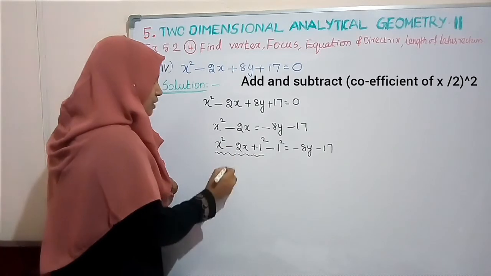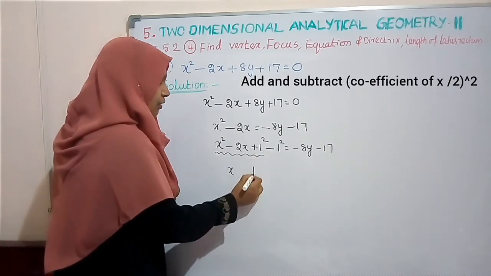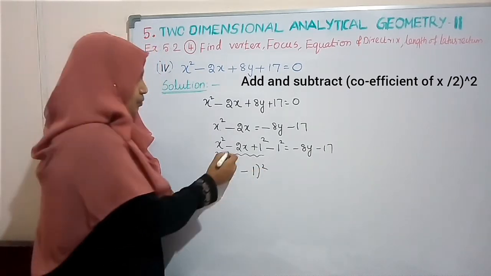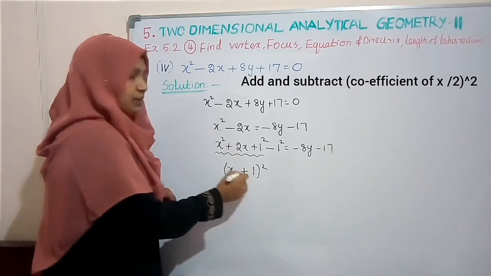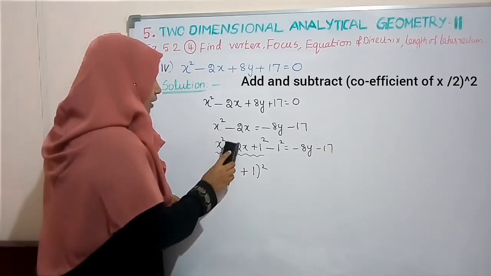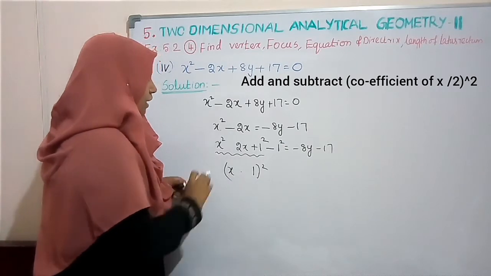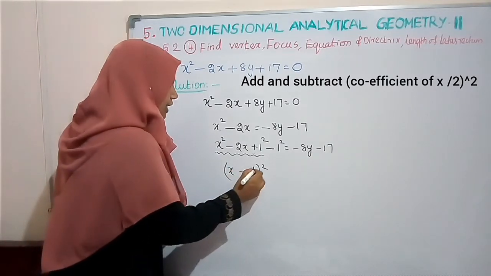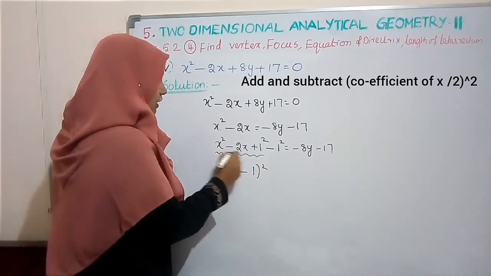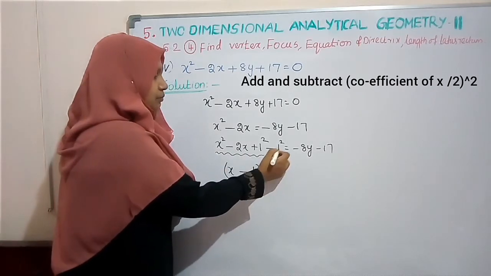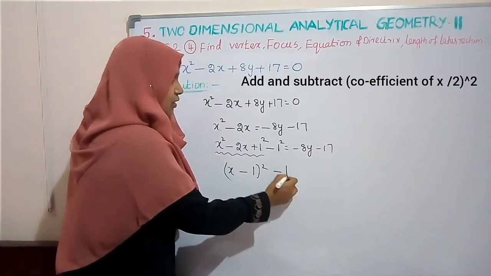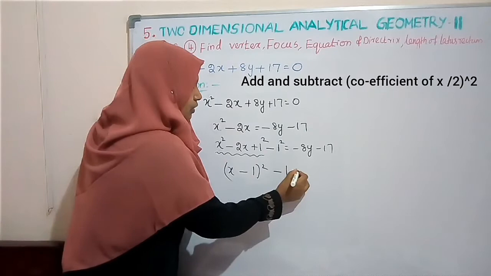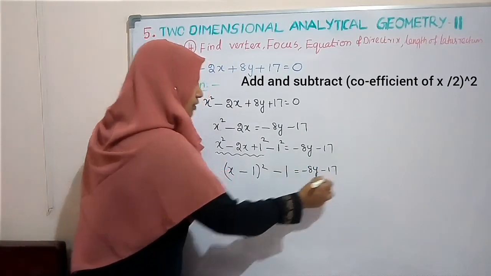So from x square you take x, from 1 square you take 1. If it is minus 2ab, we can write x minus 1 the whole square. Suppose here if you have a plus sign, we can write x plus 1 the whole square. But now we have x square minus 2x, so it is a minus b the whole square, x minus 1 the whole square. Using these 3 terms we write this, and the fourth term, minus 1 square, is minus 1. See, we are squaring only 1, so write the minus sign as it is, is equal to minus 8y minus 17.